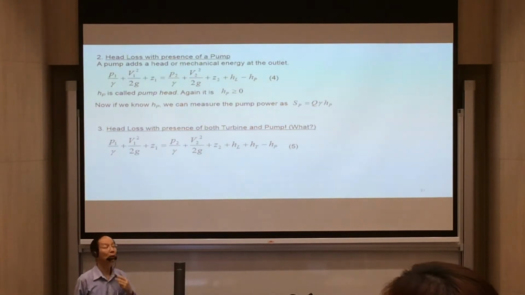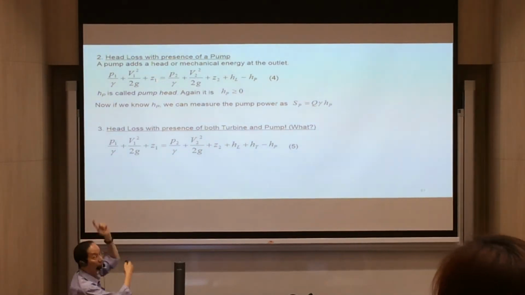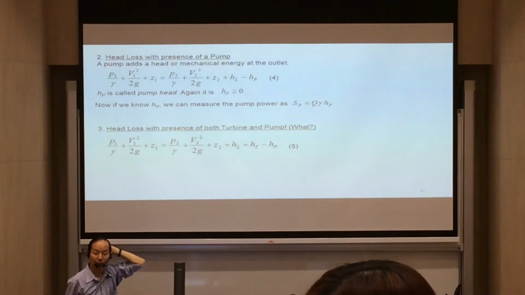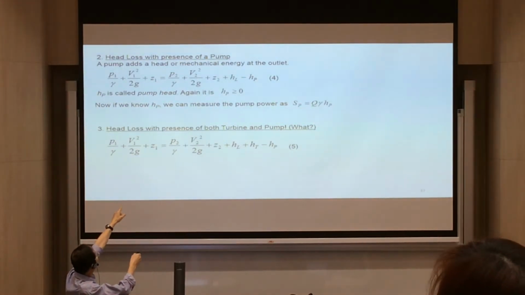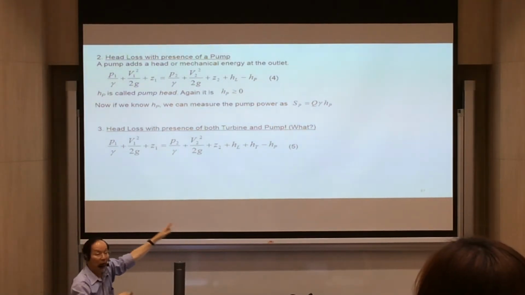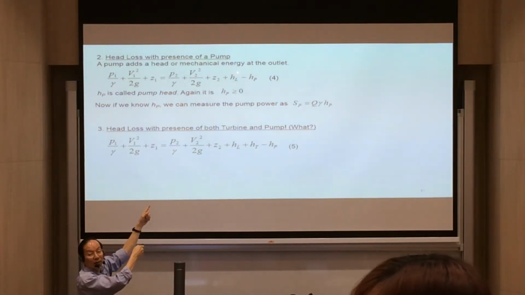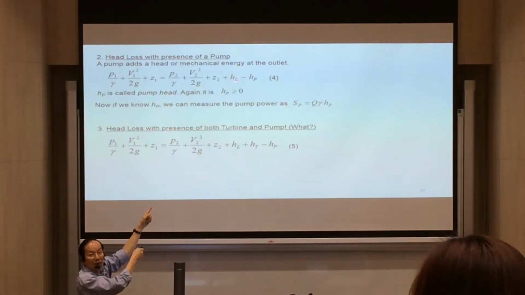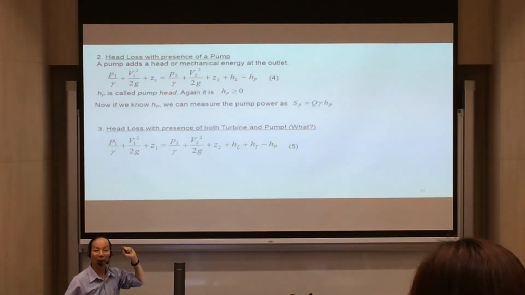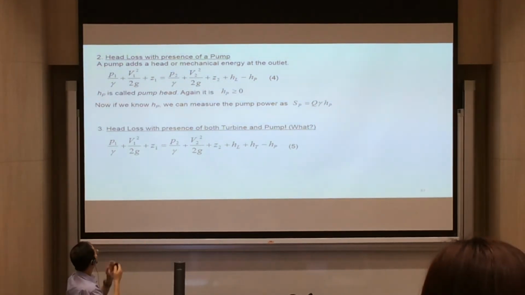In this case, on the left hand side you will therefore put a plus head of the pump. But because usually we like to put all the heads together on the right hand side, you move the head of the pump, which is positive, to the right hand side and it becomes negative, minus the head of the pump. So you put all the heads together. And don't forget there's still head loss because of viscous friction. Turbine is not there in the domestic piping, so the pump and the head loss.